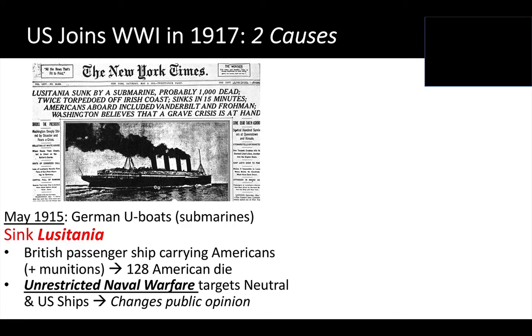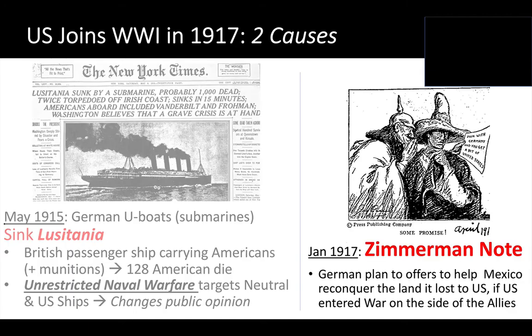The other big cause of the United States getting pulled into World War I is the Zimmermann Note. What happens is the Germans want the United States to stay out of the war. The Germans want us to stay neutral. So they basically have this idea, and the Germans approach the Mexicans and say, look,